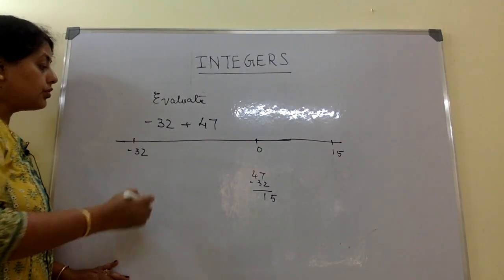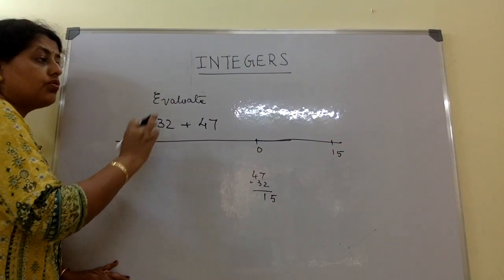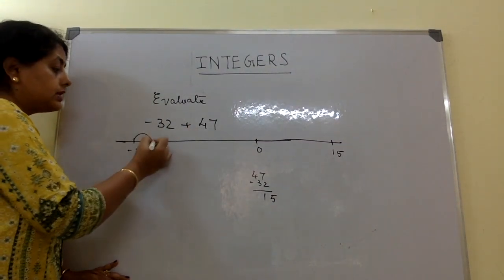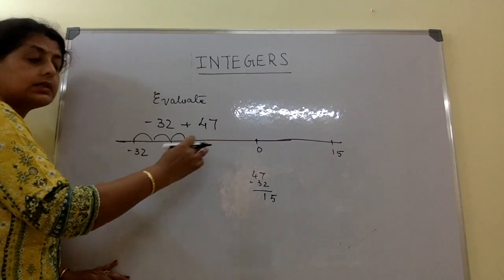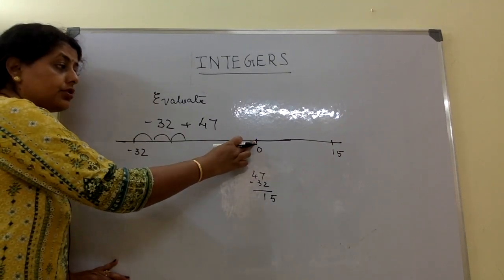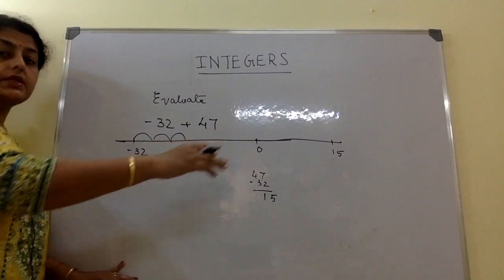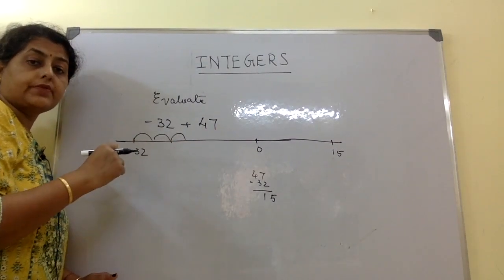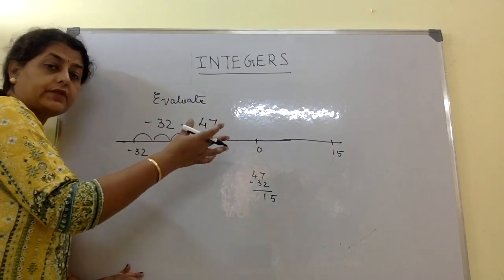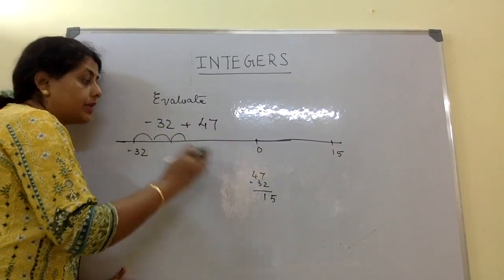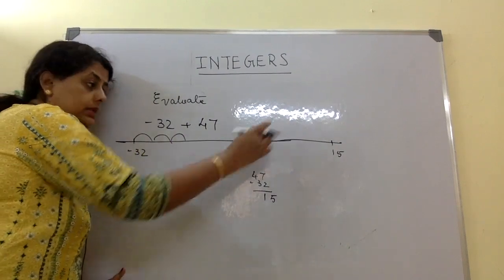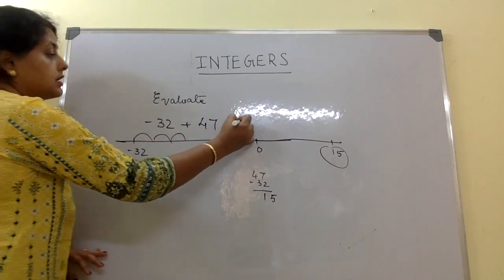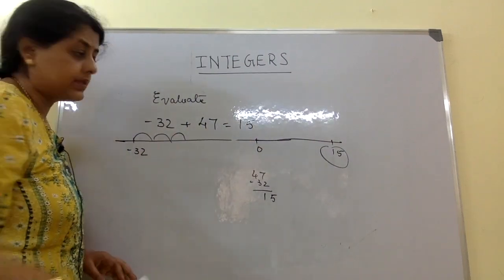Okay. So from minus 32 to plus 40, and if we do plus 47 like this, if we keep going 47 places, we will till here reach 32. Another 15 in the positive side will give me the plus 47. Okay, I'll go plus 47 like this, and if I continue going 47 places like this, then I will reach plus 15. So the answer is 15 over here, plus 15.